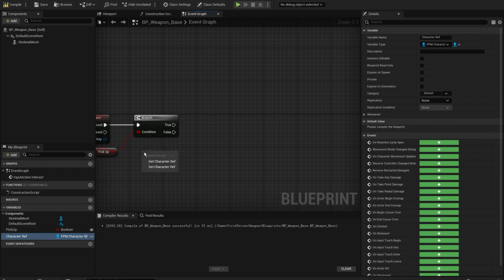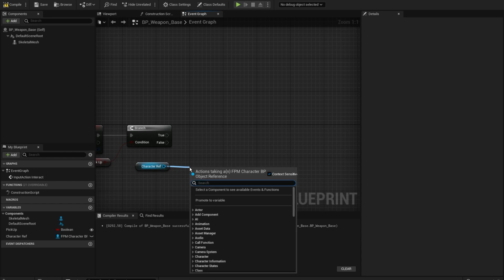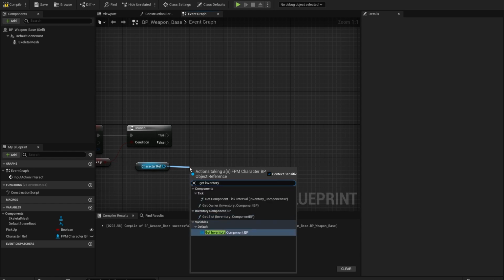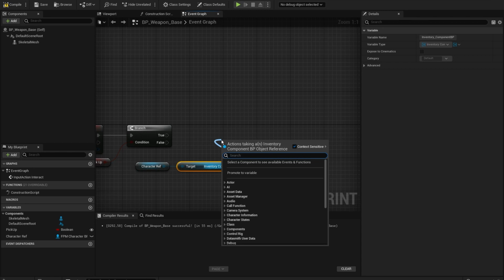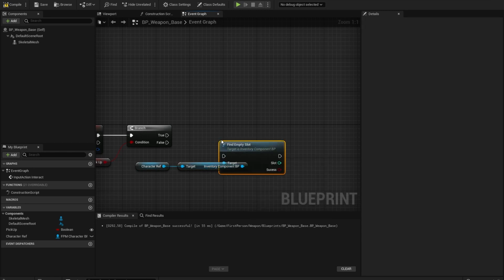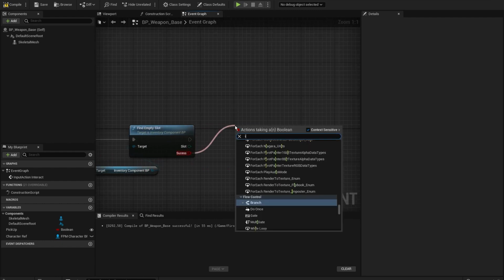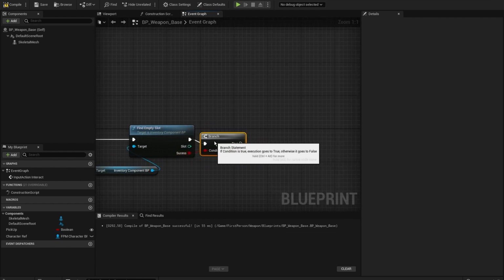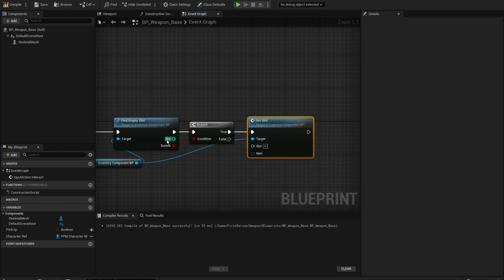So let's call this here and then get inventory component, and then let's call our find empty slot function. So if success is true, then we want to set slot. So put the slot here,